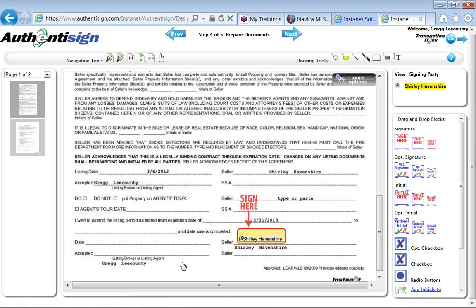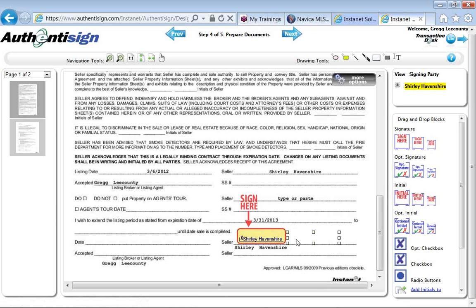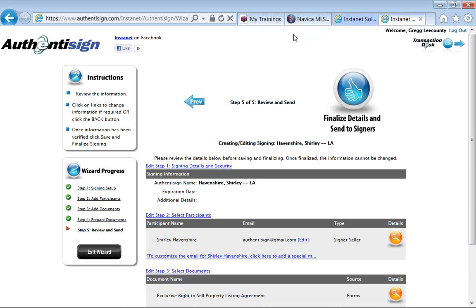So if it is a seller, then we should plot it and drop it in there. Let me just plot it and drop it so you can see it. Add that date stamp, right-clicking on the block, the plot, and we'll drag that over to the date field, something like that. Go through, plot all the required initials and signatures. Wherever you would require ink, get digital. Clicking on the next step to go to the final step of the preparation, which is the